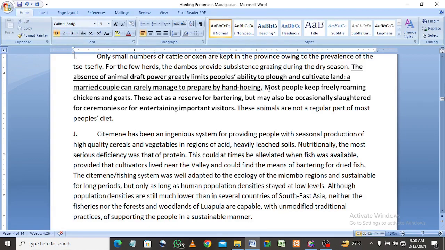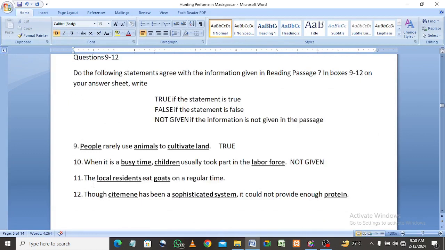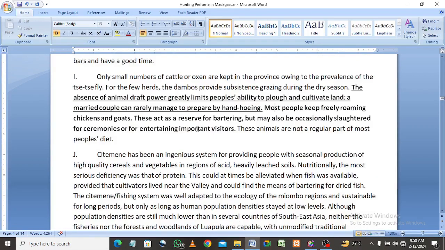So let's take a look at the question again. The question says the local residents eat goat at regular times. What do we understand by regular time? Regular time means every day. They eat goat every time. But in the passage here, where we just underlined,